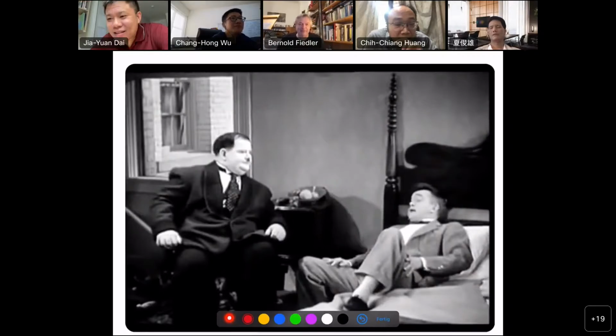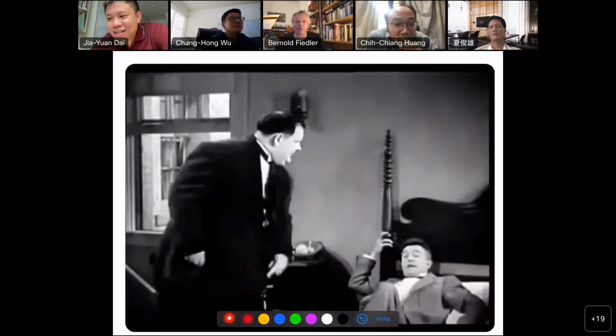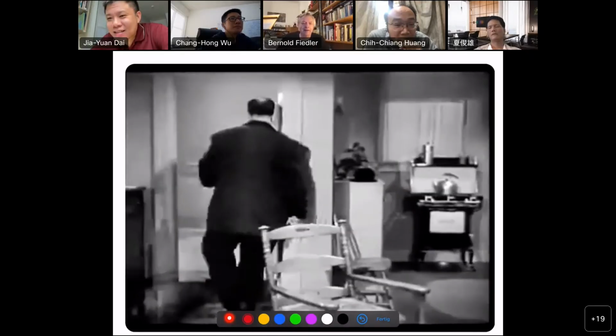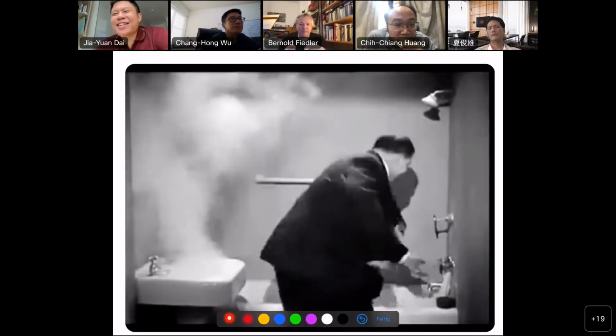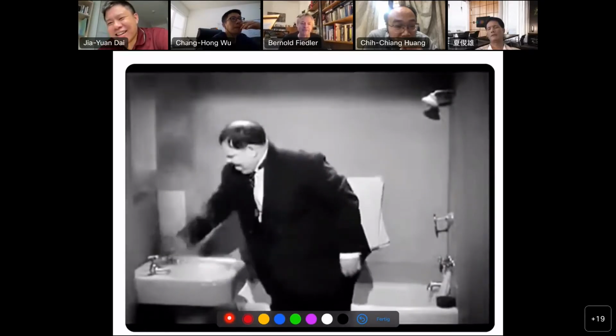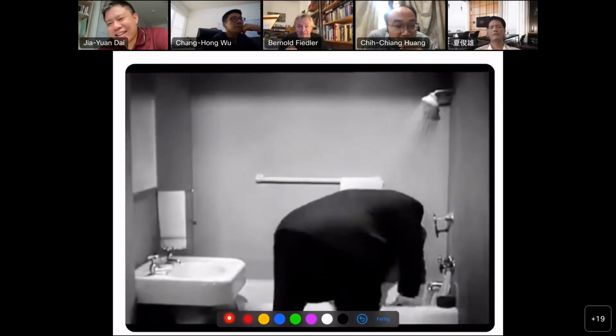So the guy on the right tells the fat one to go take a shower. Maybe he smells or something, okay? Now he is going to change flow rates in the bathroom. He opens there, but the flow on the left changes. So he can stop that. Now he opens at the sink, and of course the flow in the bathtub changes.